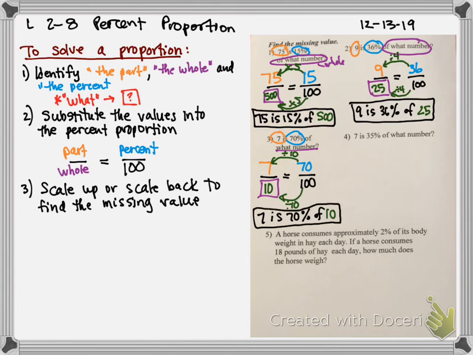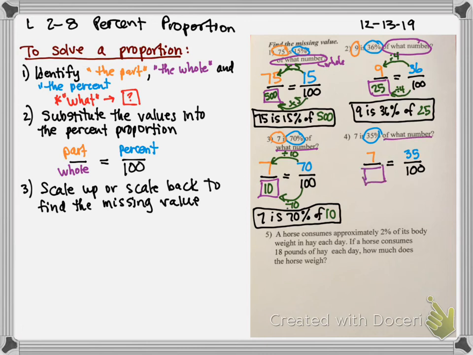Ooh, this is cool. All right, got another one. Okay, over 100. Got it. So 7 is 35% of what number? All right, so that would be easy. Let's get that percent. That's going to be our over the 100. And then 7 is the same as 35, so that's our part number because it's got to be opposite it. And then the only thing left is "of what number," so that's got to be our mystery number, our